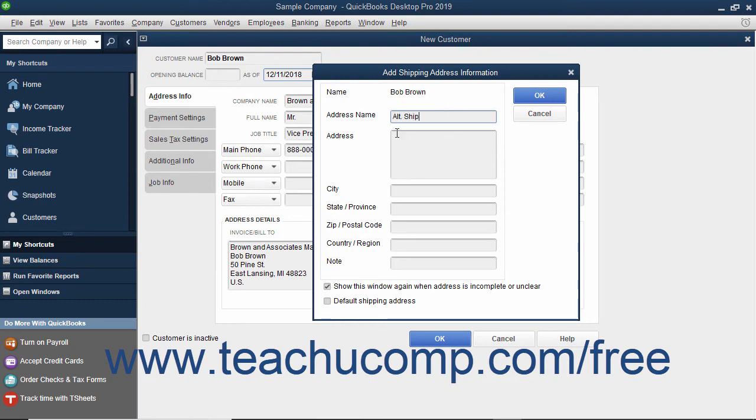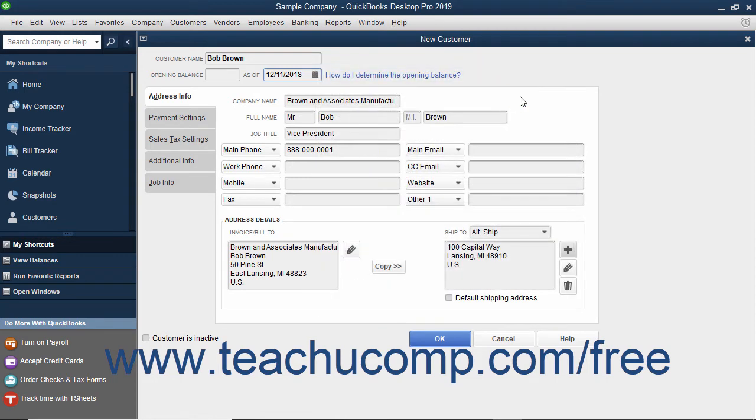Then type the address into the address, city, state/province, zip/postal code, and country/region fields. If creating multiple addresses, check the Default Shipping Address checkbox of the address you want to set as the default shipping address. To save the address, click the OK button. You can add more shipping addresses by repeating the process until you have entered all of the necessary shipping addresses